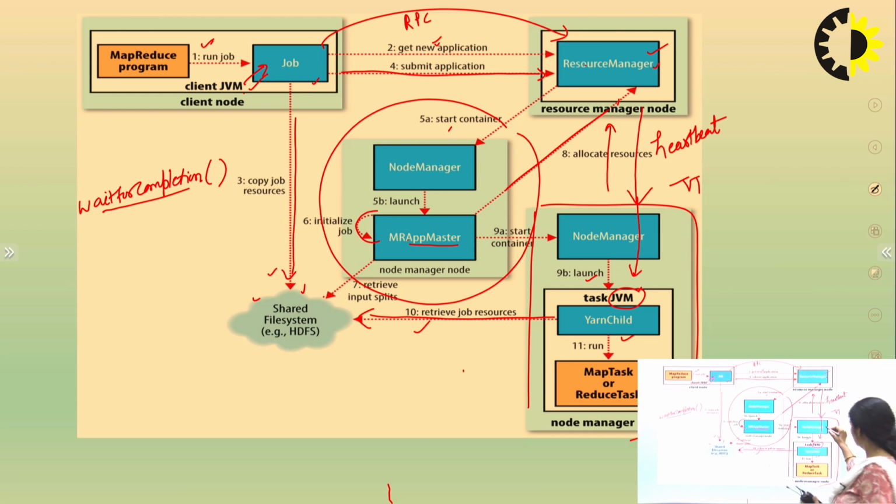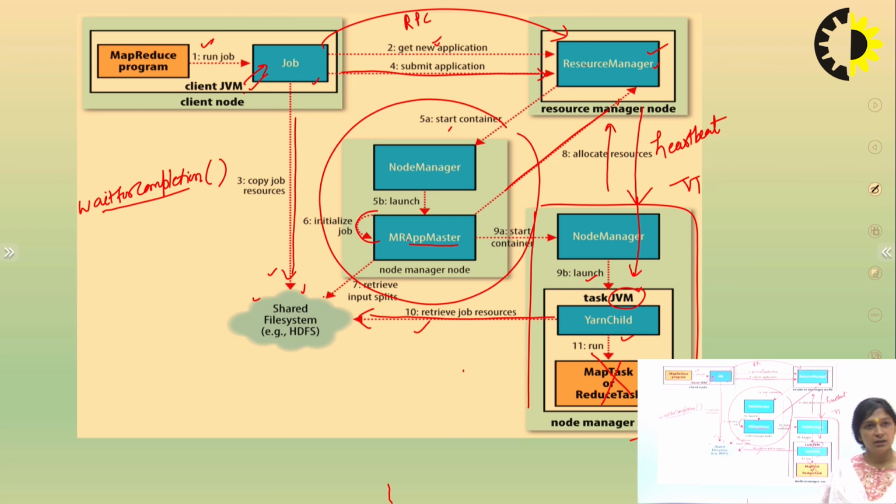Suppose this is not working. In that case, after every 3 seconds, the resource manager is checking the status of that particular task or ID.